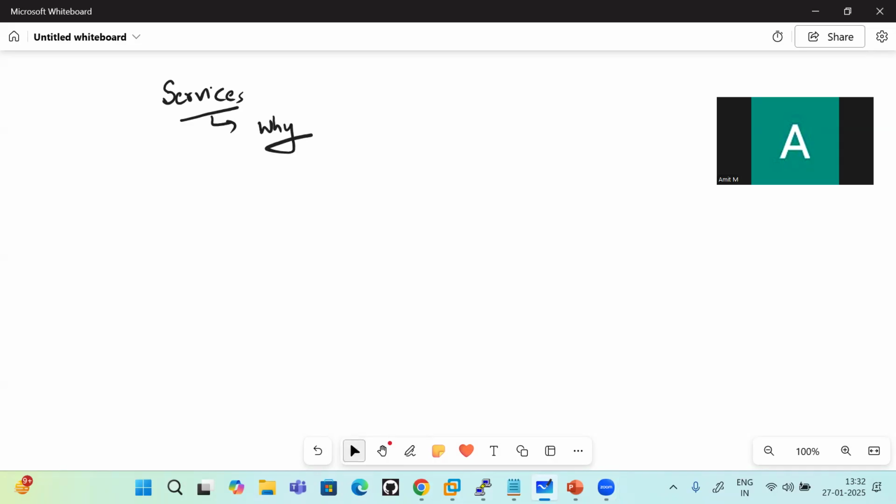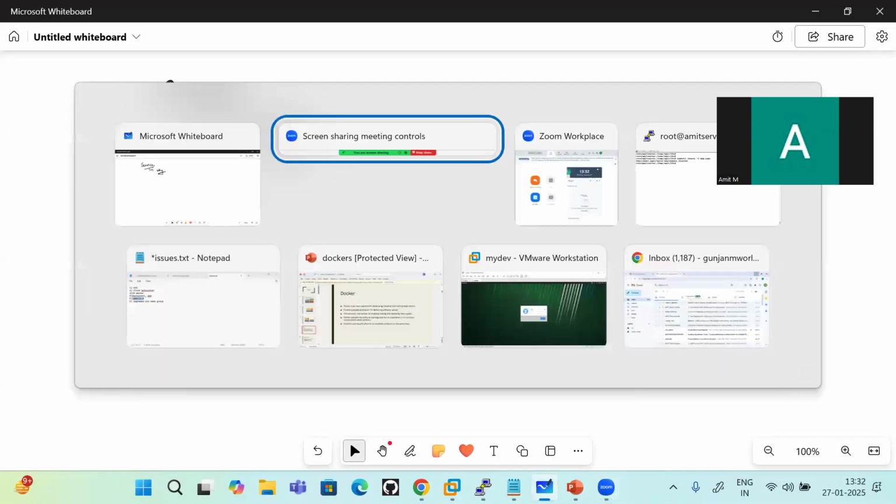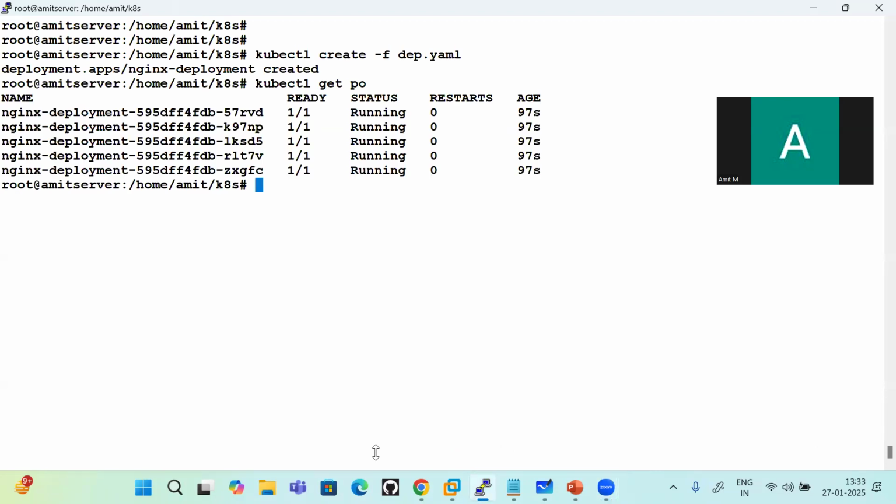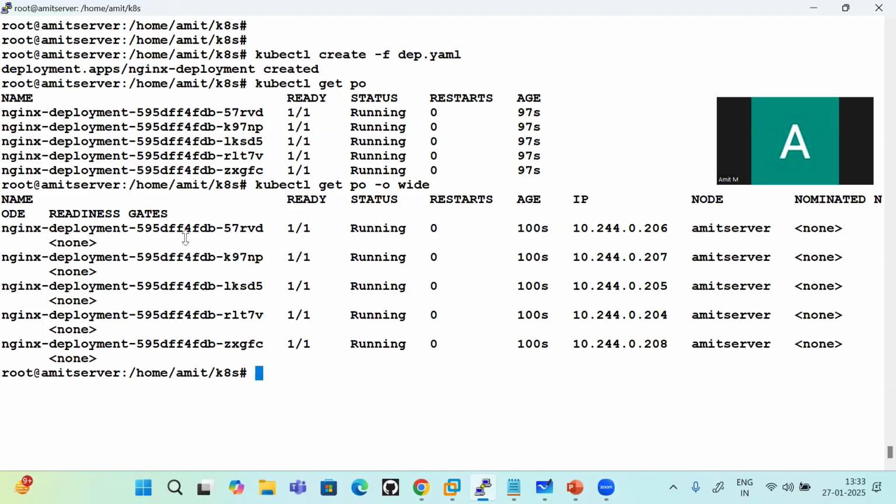So we will go through the lab scenario which we did in the previous session, where I launched the replicas using deployment. When I launched the replicas using deployment, you can see 5 pods are running. Each pod has a different IP and its own pod name. When launching through deployment, each replica pod gets its own randomly generated name, followed by the